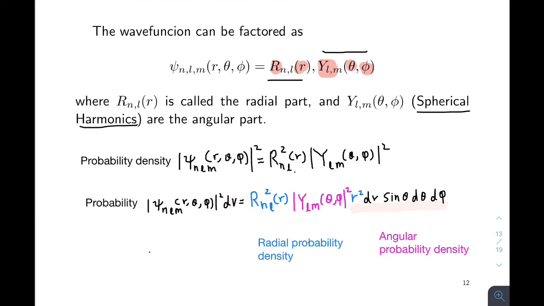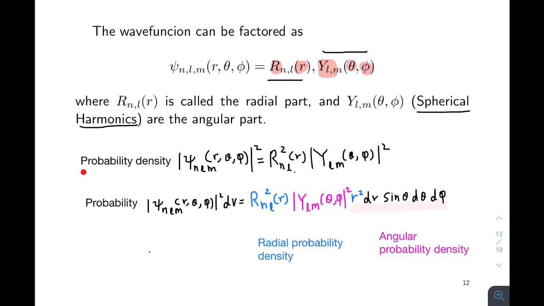You are already familiar with these spherical harmonics. You know these by the name of orbitals. So you know there is an s orbital which is spherically symmetric, which gives the shape of the electron cloud around the nucleus. Then there are the 3 p orbitals which are dumbbell shaped. Then there are 5 d orbitals and so on.